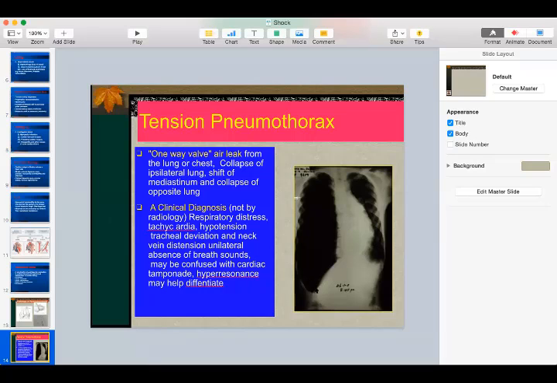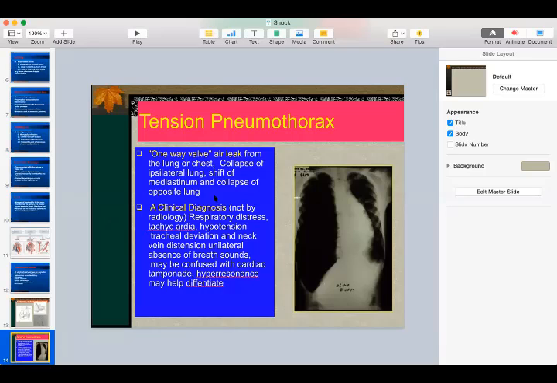The right side on an X-ray appears completely black, even though this one appears slightly black as well. But if you were looking at a normal X-ray, you would see it's slightly hazy, and you can appreciate the bronchioles and bronchi up to this extent. However, being unable to see any of the structures within this side, and a completely black lung, should raise an awareness that it points towards a tension pneumothorax.